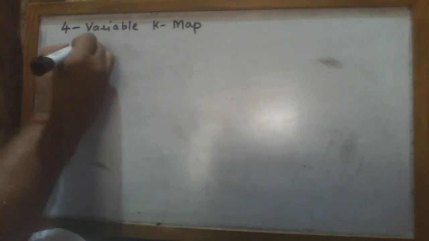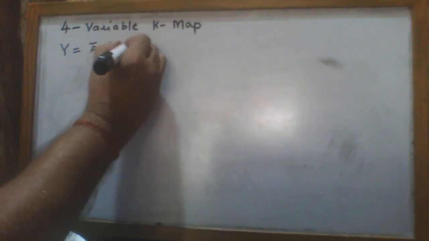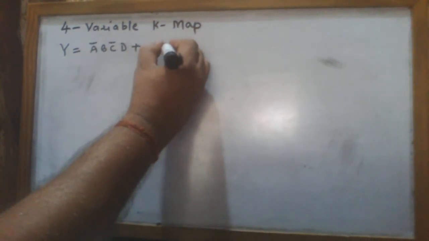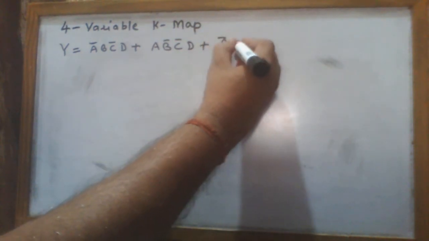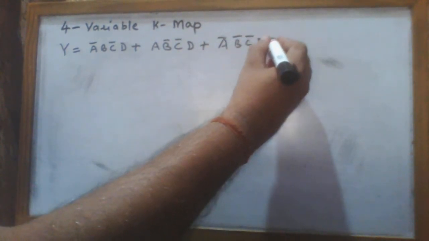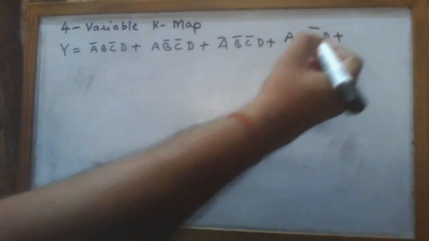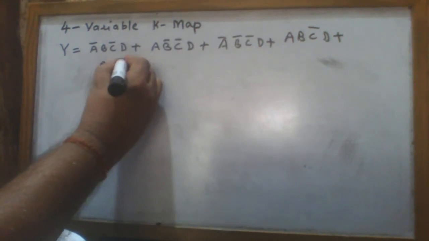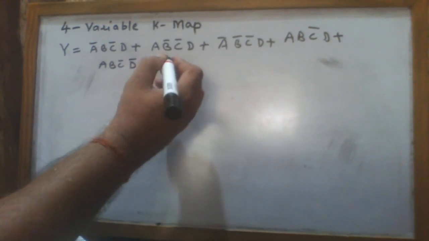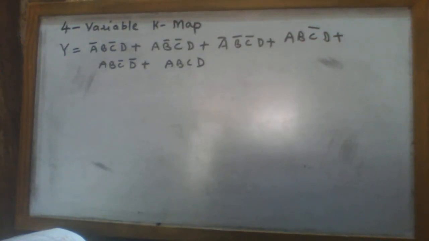If the equation is given to us, Y is equal to A bar B C bar D plus A B bar C bar D plus A bar B bar C bar D plus A B C bar D plus A B C bar D bar plus A B C D. This is a given equation and it is asked to plot the K-map for the given